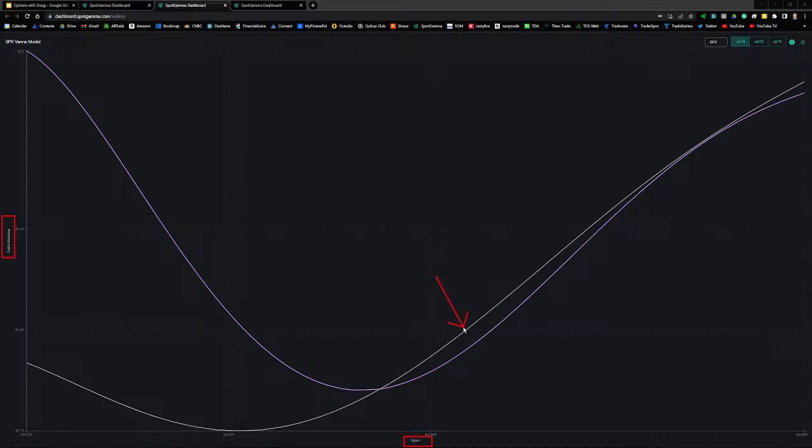The first, the gray curve, is showing how market makers' delta notional changes with changes in price only. And this is showing as price increases, market makers will have to sell futures. Their delta notional is increasing. They want to remain delta neutral, so they have to sell futures to hedge their delta exposure. And that is typical of a positive gamma environment. That's what I mean by a positive gamma environment.